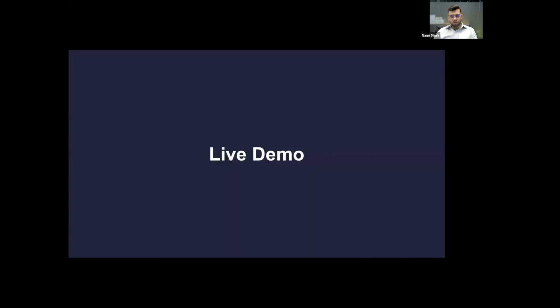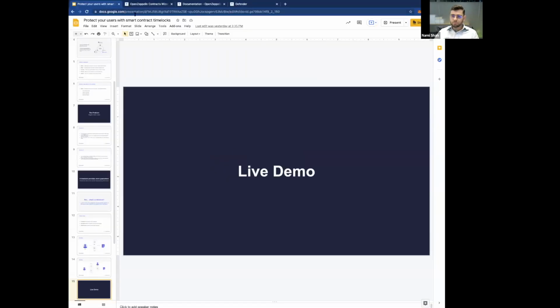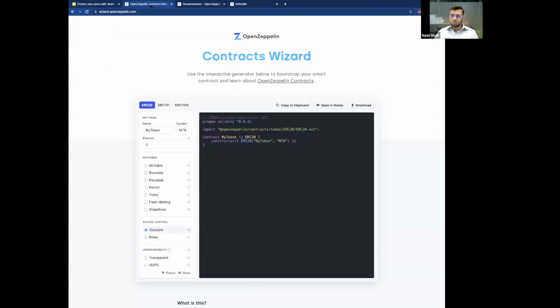So if it's still a bit fuzzy, the demo should help clear things out. So I will just start with deploying an ERC20 contract. So I'm using the wizard that Fran actually developed a couple months ago. And it's quite a handy little tool if you want to deploy a contract really quickly. So I'm going to be using the ERC20 setting. I'll just name it workshop token with ticker